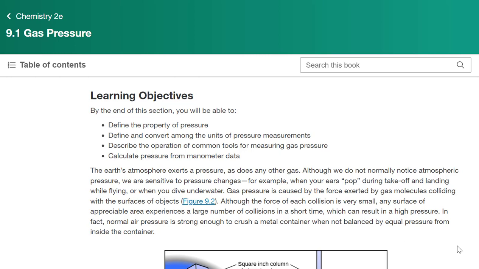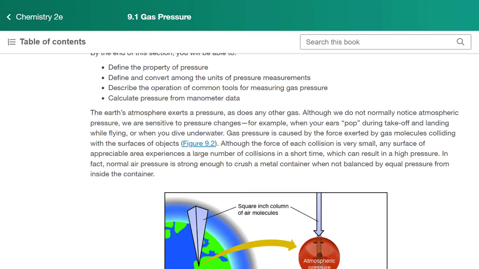So to start with, there are exactly four things that are important to understand about gases. It turns out the one we haven't talked about yet is pressure. So we want to start our conversation on gases by discussing what we mean by pressure. I think we all have an intuitive understanding of pressure being something stressful that we don't want in our lives. And that's one kind of pressure. But scientifically, there is a definition we'll be using.